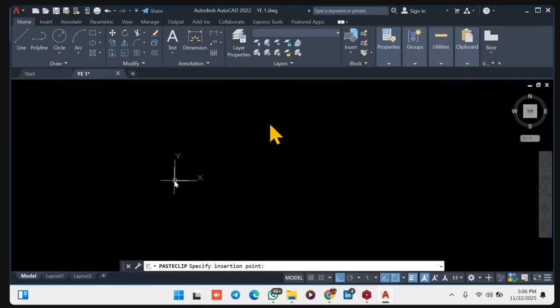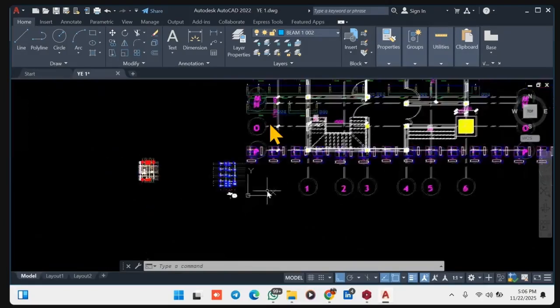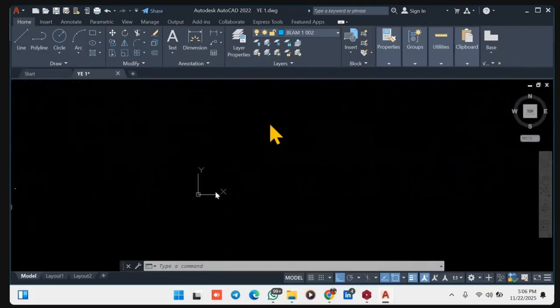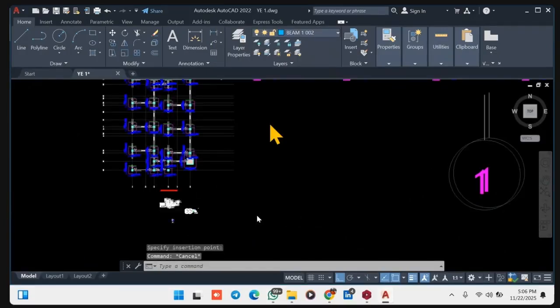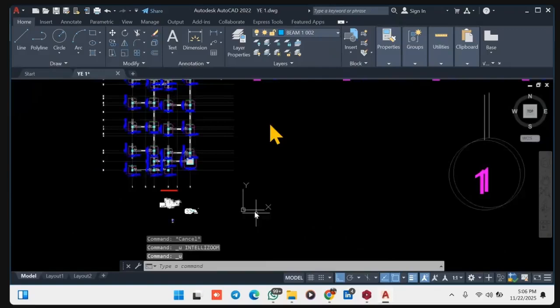Oh, there is one thing that you are missing. You have to do a pick point. Just Control C and then you right click. Let's go back to our layout. Okay, Control Z, Control Z. Because the thing is,